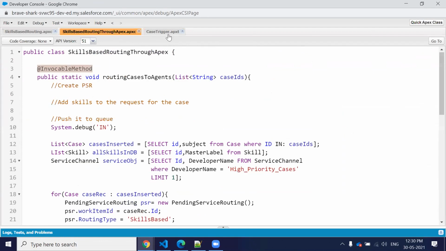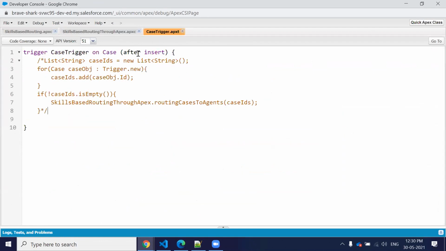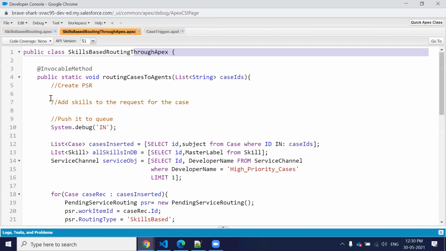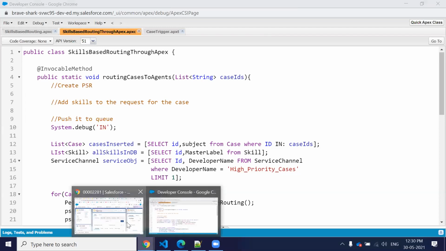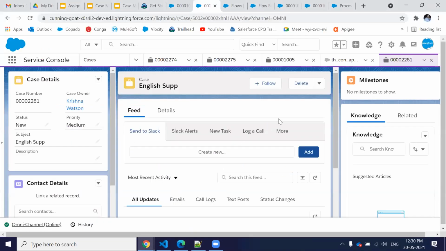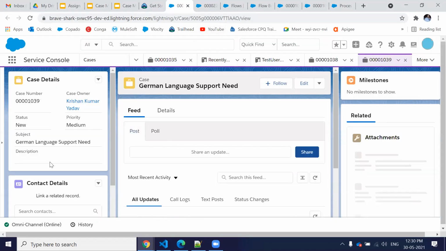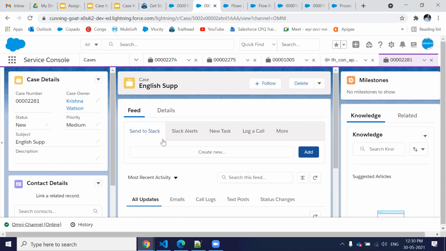It should work from a trigger, but it's not working from the trigger nor from the process builder. It means something is missing or not behaving properly. We need to check the org environment setup also, why it's not working in that playground.